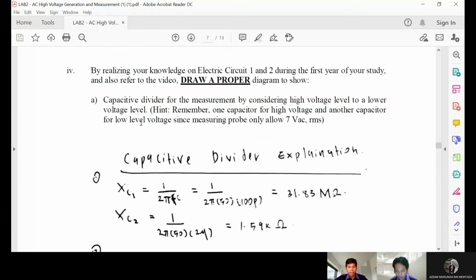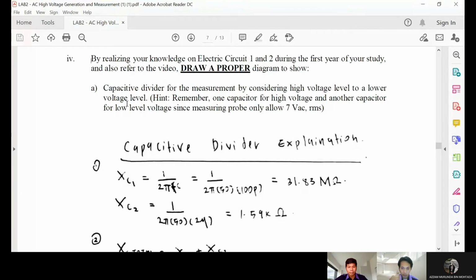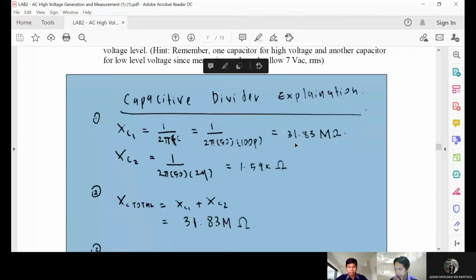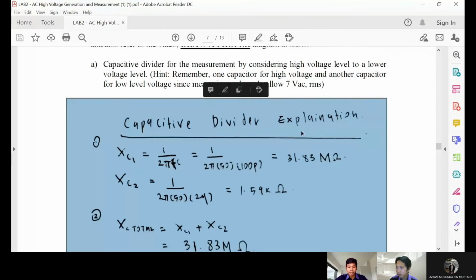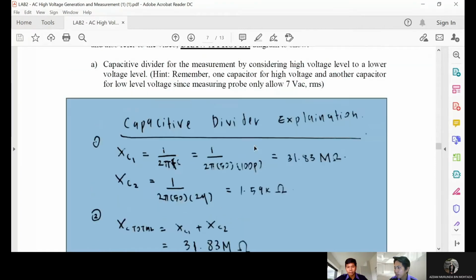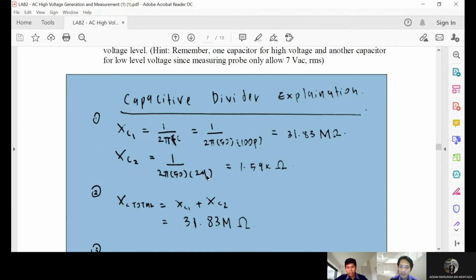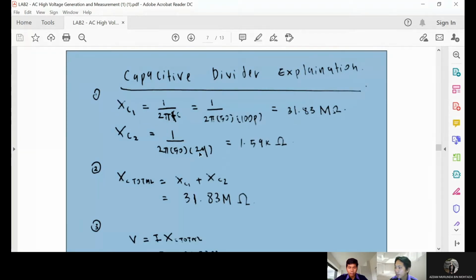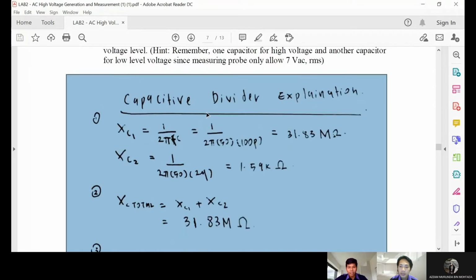In question A, the capacitance divider is for the measurement, stepping a high voltage level down to a lower voltage level. We will see in the calculation result, the capacitive divider explanation. They use two capacitors. First is for the high voltage level and second is for the low voltage level, which is 100 picofarad and 2 microfarad. The impedance that we calculate